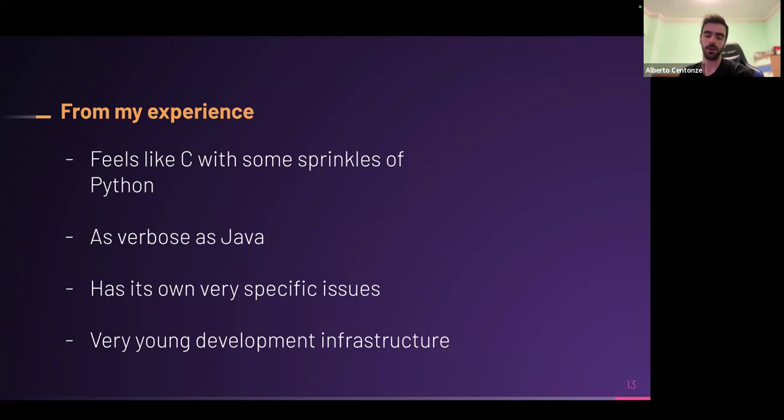And it is a very young ecosystem, so some things that you would take for granted on other languages, you don't have. For example, if you have had to write some Java code, I'm sure you've used IntelliJ and you were surprised by how good it is at auto-completion, correcting errors, in general providing a smooth user experience, integrating tests and everything. This is not the case on Solidity. We don't have a good IDE yet, mainly because there's not enough funding for it, but it's getting better and better by the day. So hopefully at some point we will be able to develop Solidity with ease.